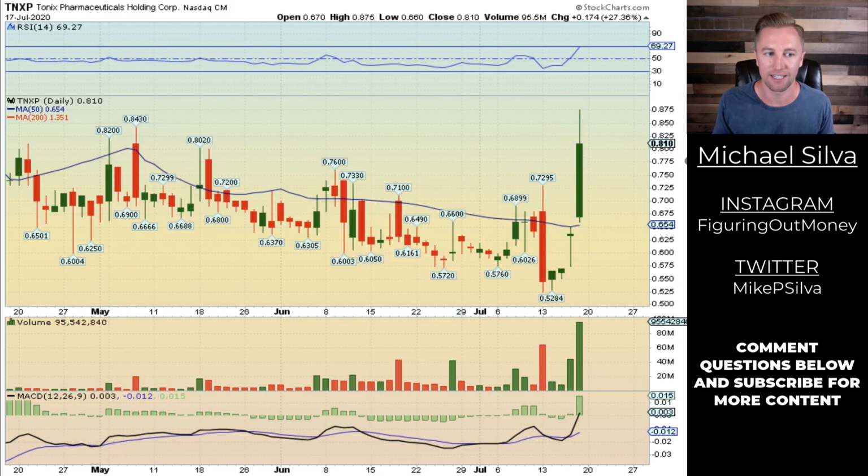Here is ticker symbol TNXP. This popped up on my dark money scan. And if you haven't seen my dark money scan, I actually teach you how to scan for these type of stock setups. And this is what I kind of see right here. If you go to 0.725, and you just look back through the history of the chart, you can notice that it acted as support here, then resistance, then it got chopped up. More data points right here, resistance,